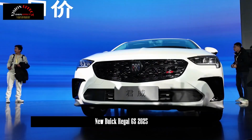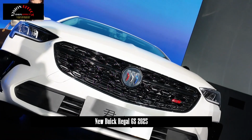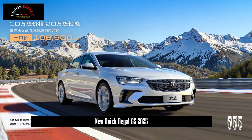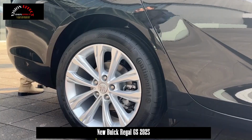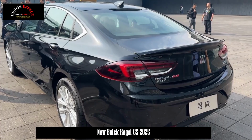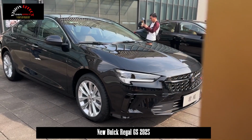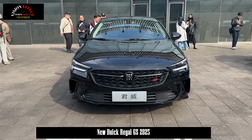On the front air intake grille of the new car only retains the chrome-plated wing ornament, and the rest is replaced by a black mesh design. The bumper is equipped with large-sized air intakes surrounded by wide-edged gloss black ornaments on both sides, and the visual effect is quite sporty. At the rear of the car, the new car has added a large gloss black spoiler on the upper edge of the trunk. The shape of the taillight group is basically the same as the regular version. The trapezoidal black skid plate and the two-sided flat-mouth chrome exhaust make the new car look more like a performance